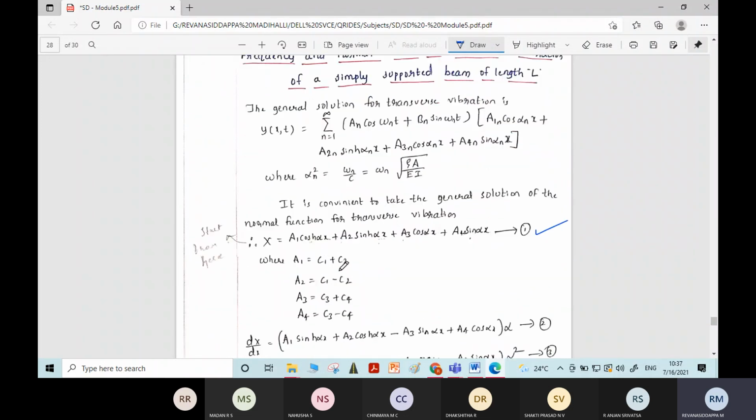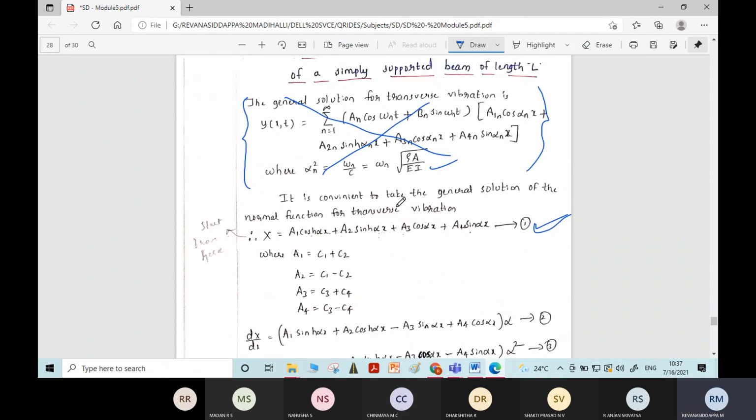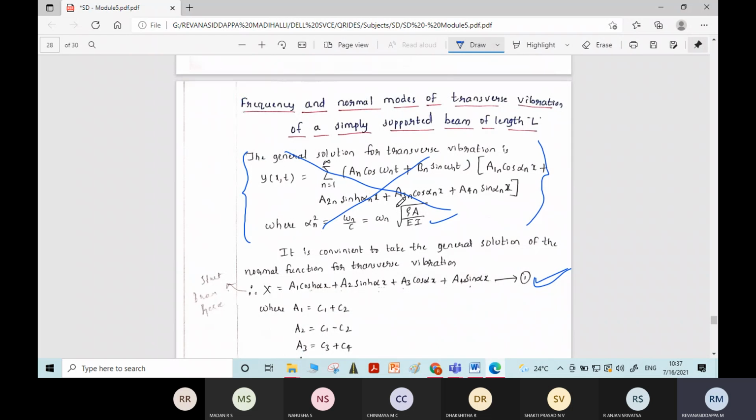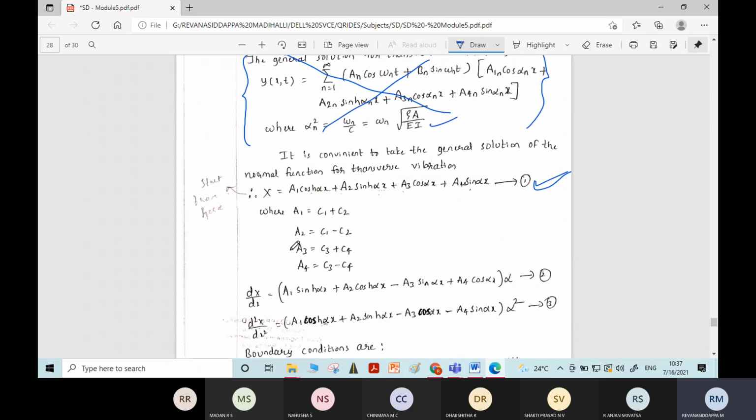Okay, see students, if you are able to remember, you write these steps. If you are feeling struggle to remember, you can skip these steps directly. You can start from here. Now, the solution of transverse vibration of a simply supported beam of length L is given by